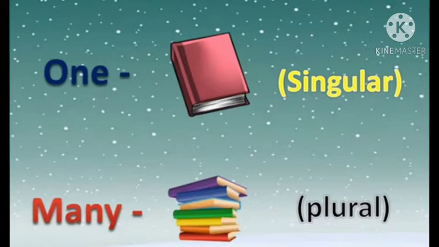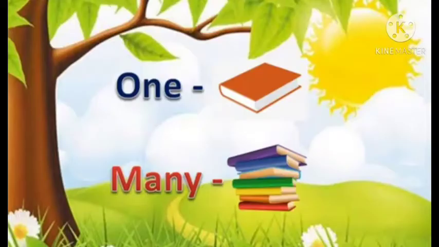And the next thing is many. What do you mean by many? Many means more than one. It can be two, it can be three, it can be many things, but it should be more than one. একের থেকে বেশি. That means many. And another name of many is plural. What is it? Plural. Okay, so one means one thing, another name is singular, and many means more than one, another name is plural. This chapter is clear to you now?